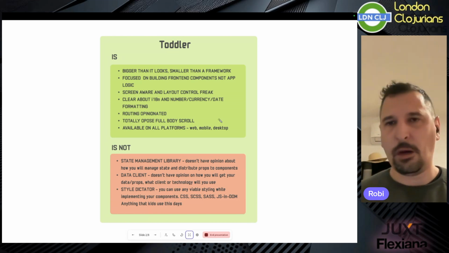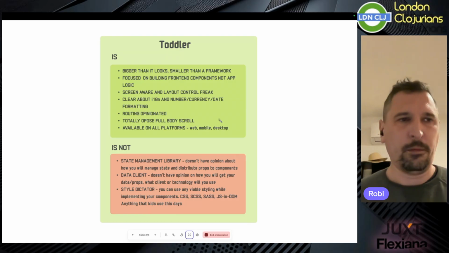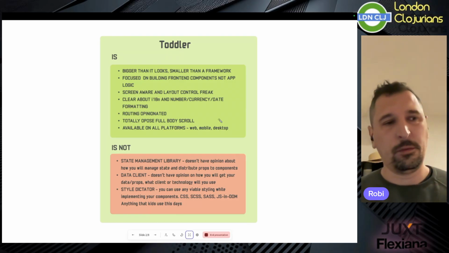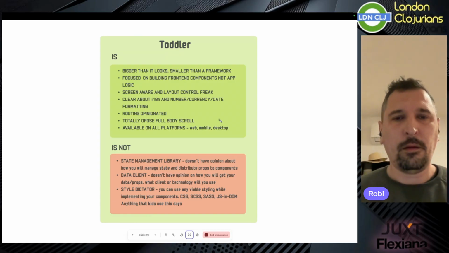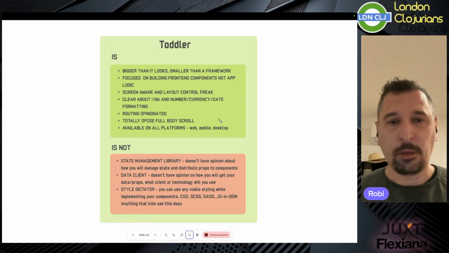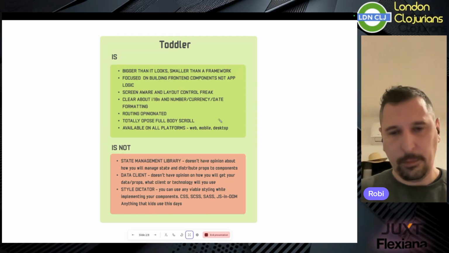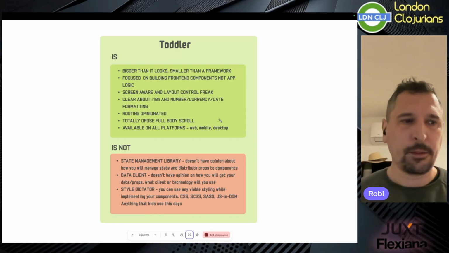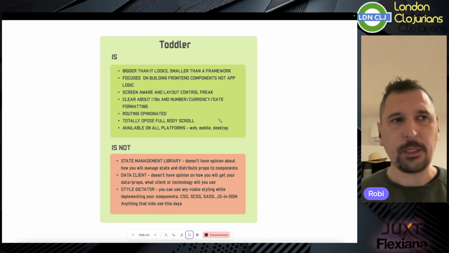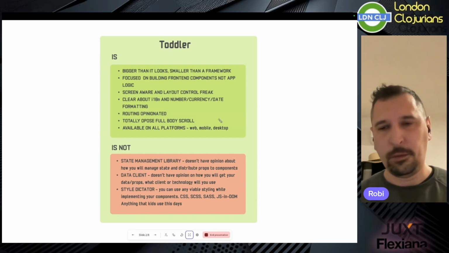You can use JavaScript the same way that you used to, and you can use Toddler batteries if you like them. Toddler is focused on building front-end components, not application logic. So Toddler is more onto the front-end side. It has a lot of hooks and functions and components that will help you to take control of your layout and to know how to position yourself on the screen,